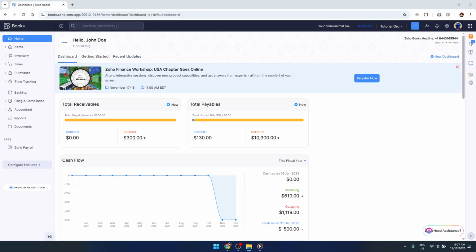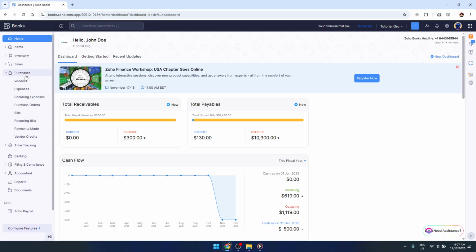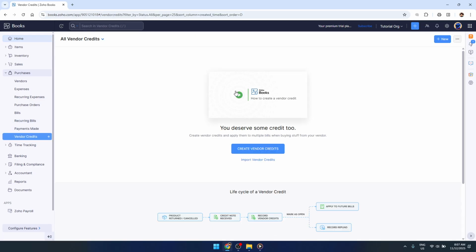To begin, let's navigate to the Purchases section, which you can find in the left sidebar of your Zoho Books dashboard. This area is the hub for managing purchase orders, bill payments, and, of course, vendor credits. Once you're in Purchases, you'll see various options, but for today, you'll want to select Vendor Credits. Clicking on Vendor Credits will lead you to the section where you can review all your past vendor credits or